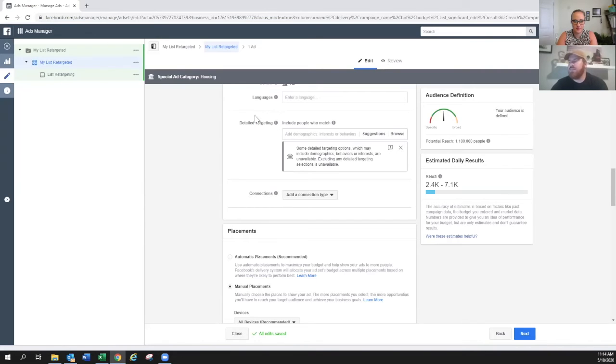But yeah, that's always a good thing to make sure that you're going through that, because that's why Facebook puts it in here. The more detailed you can be, the better results you're going to have. The more broad you are, the more results you will have, but the less engaged and the lower quality you're going to have too. So using this, we're kind of fine tuning the people we really want to be engaged with. Okay. And then detailed targeting. A lot of times, if you're just doing a regular ad, you might say Zillow, you might say realtor.com, you might say mortgage lending. There's a lot of different things you can put in here.